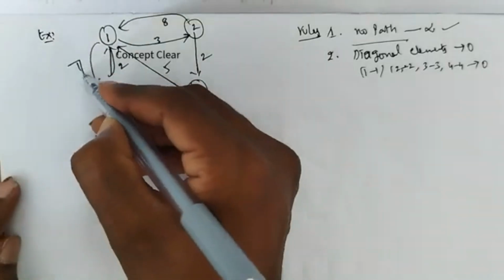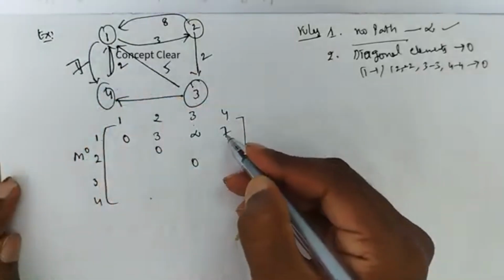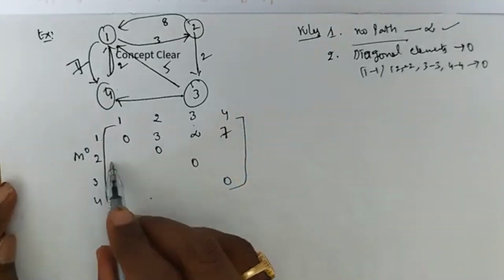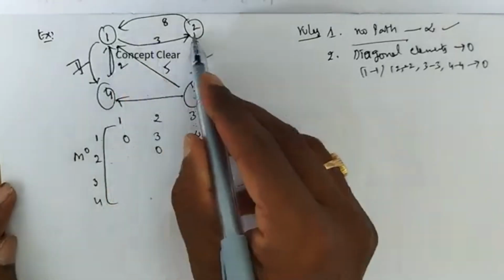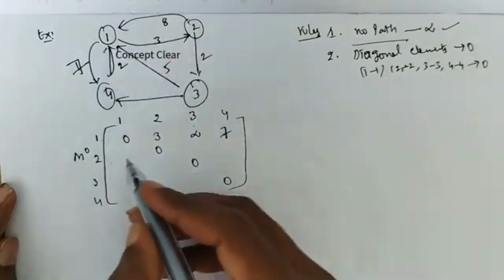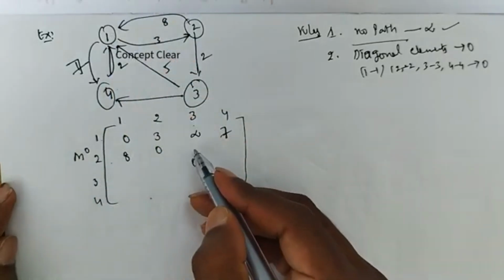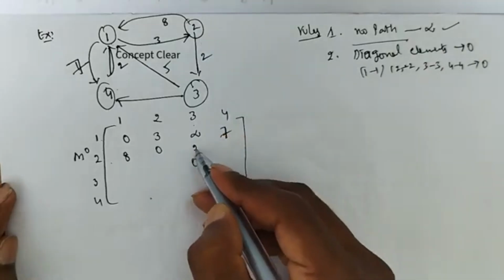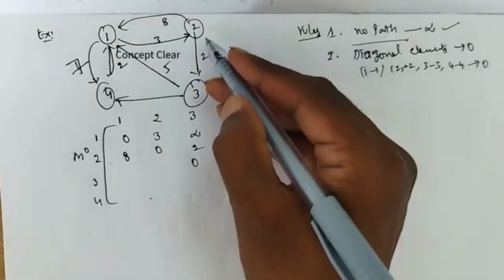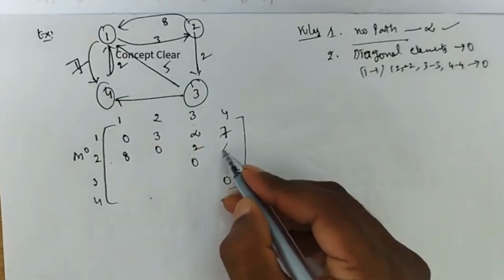Sorry, the 1 to 4 value is 7, not 1. Okay, 7. Next one, 2 to 1. What is the 2 to 1 value? 8. Next one, the 2 to 3 value is 2. The 2 to 4 value: there is no value from 2 to 4 directly, so we have to take